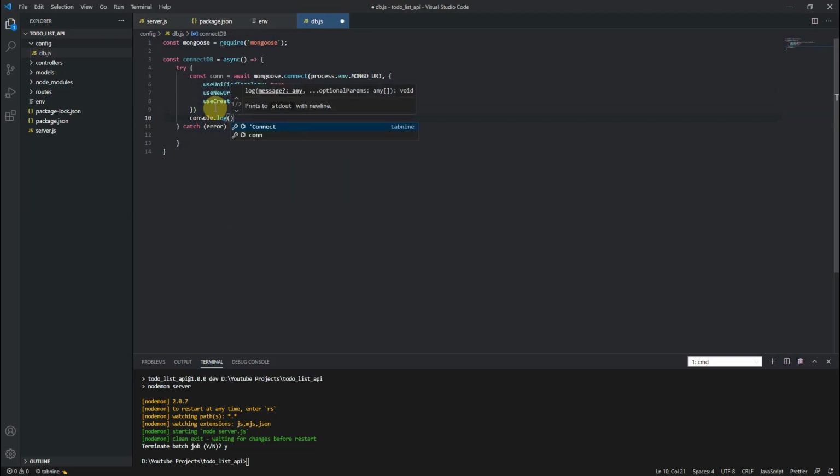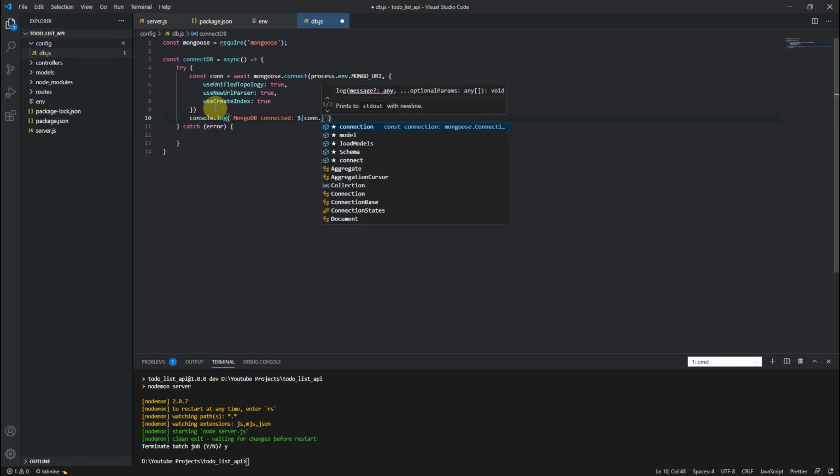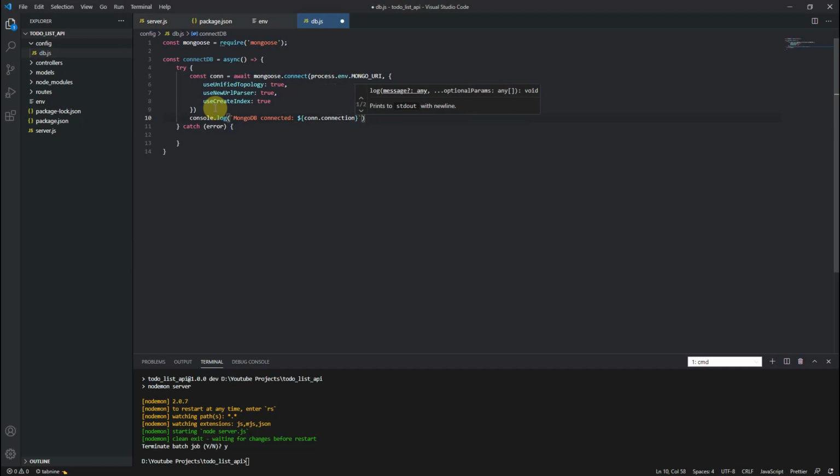In this console log you just write MongoDB connected, and you can show that variable also, which host you are using for MongoDB. So con.connection.host.